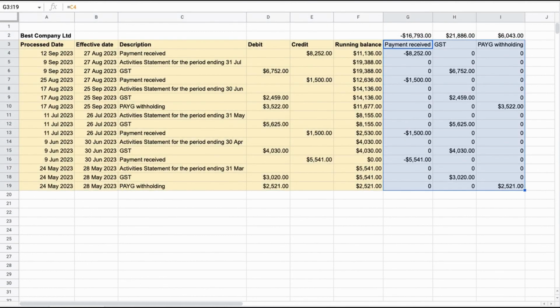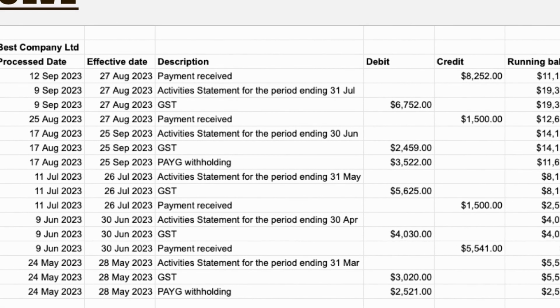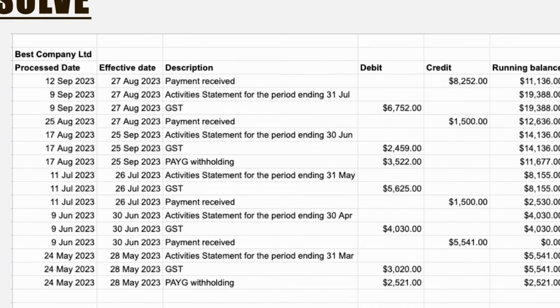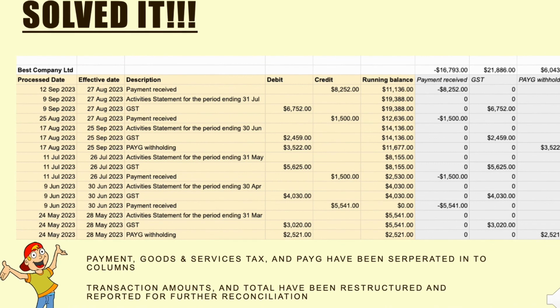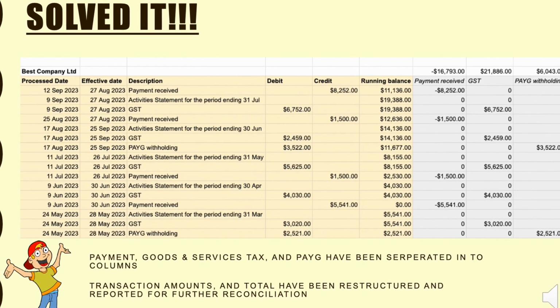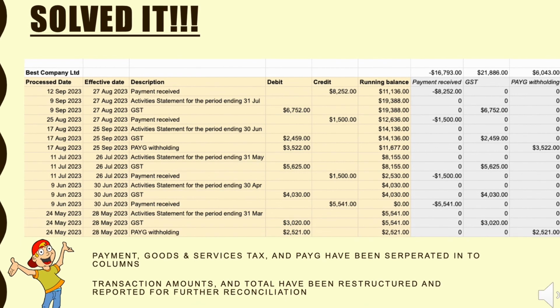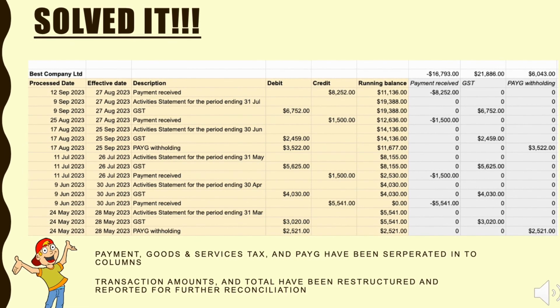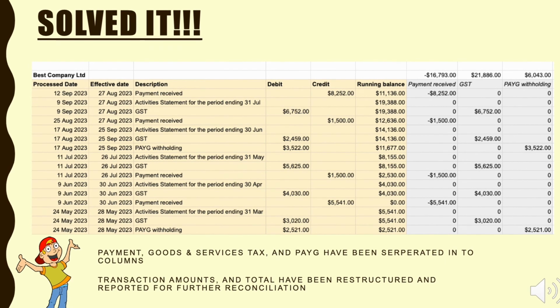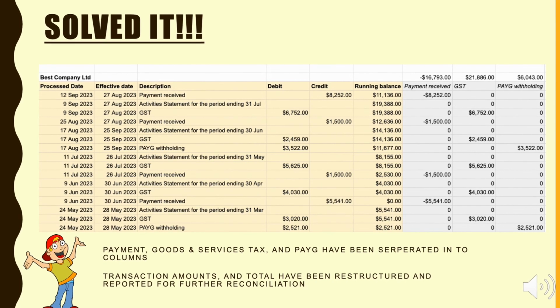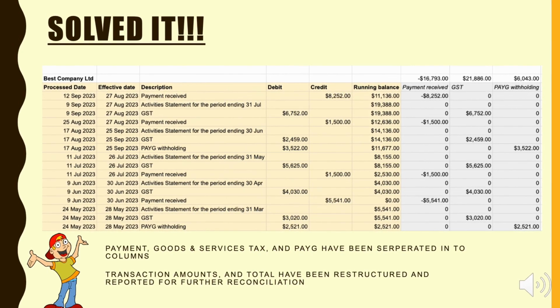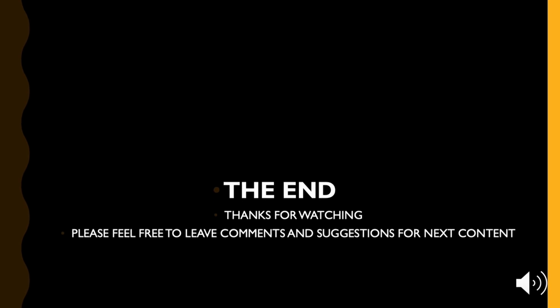So we want to know within the period how much money has been paid into the account, how much GST we've lodged and is due, and how much PAYG amount has been lodged with the government into your account, right? So the final result should look like this. And there's more than one way to do this, but I try to incorporate the if function into this example to show you how to deal with it. All right, now keep watching for the video of technical